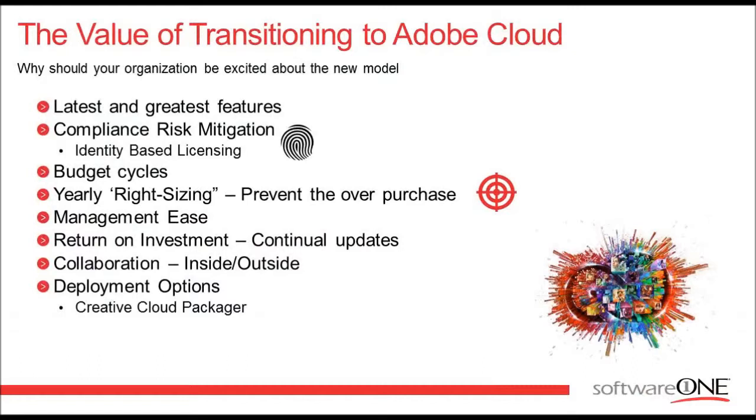Another aspect is just the budget. Because it's a subscription model, it's a year-over-year OpEx expense. This is a good and bad thing. For organizations that wanted to depreciate the software in their own time frame, they could sit on a product for 2 or 3 or 4 years and then determine how they wanted to upgrade, or if they ever wanted to. With the cloud products, because it's the annual subscription, you have a repeatable action item year in and year out.